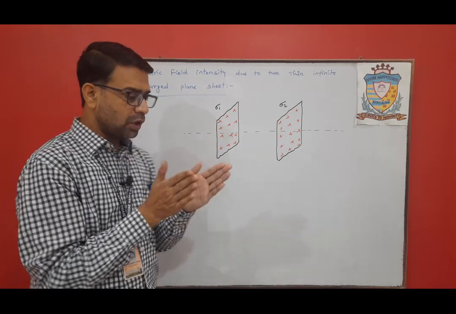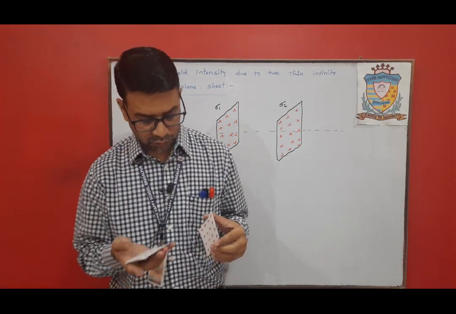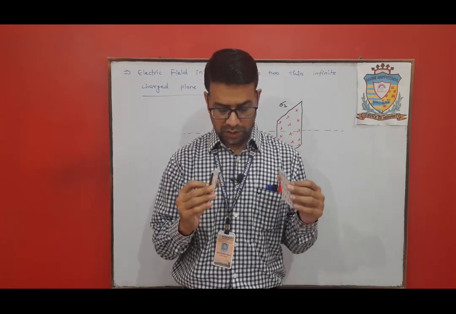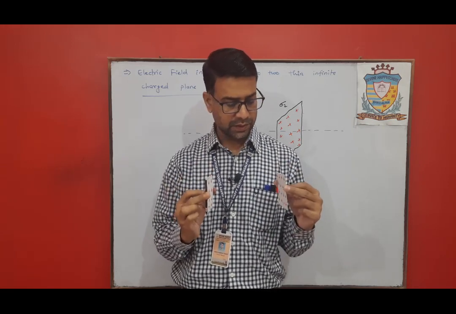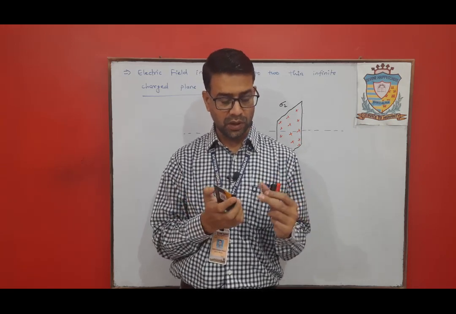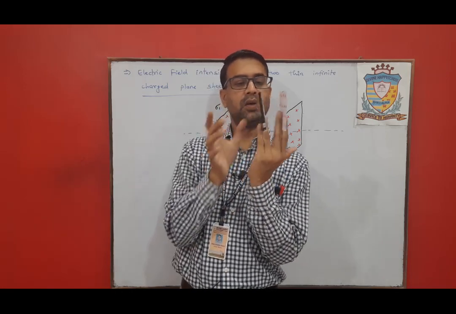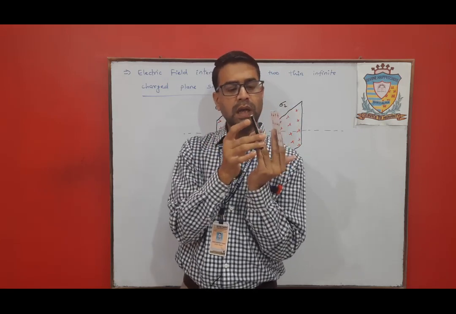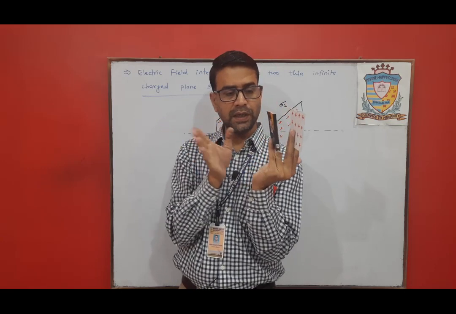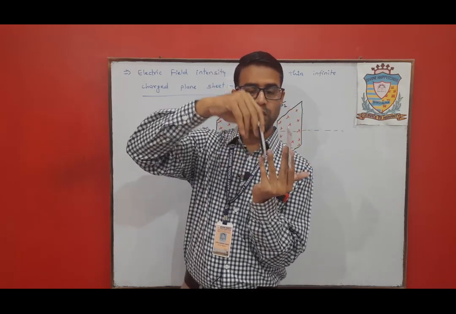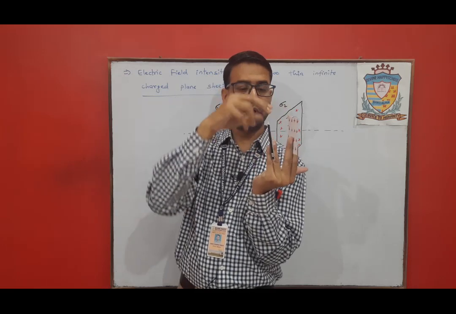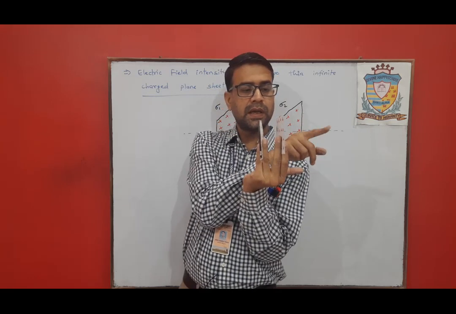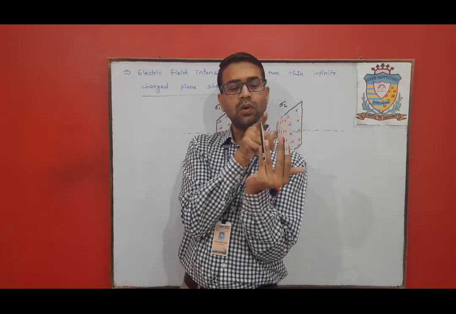So these two are kept somewhat like this. Suppose we have two different charge sheets that are positively charged and kept like this. So we have three different regions to calculate. It is equally charged on this side also. That means the total electric field intensity, first we will calculate according to this plate and after that according to this plate. First here at this point, second here and third in between these two plates.